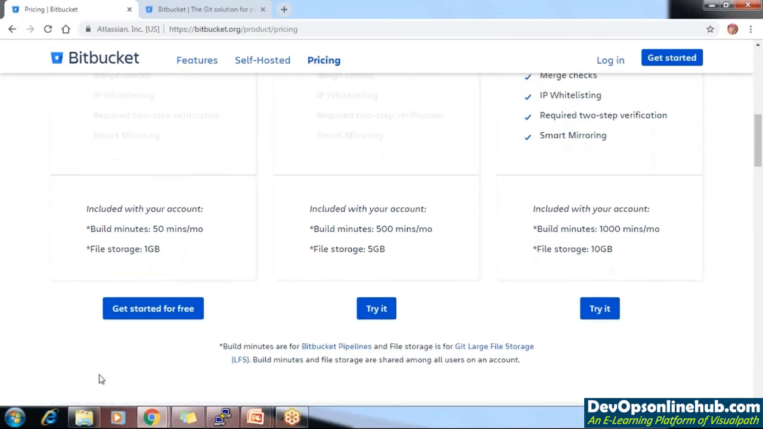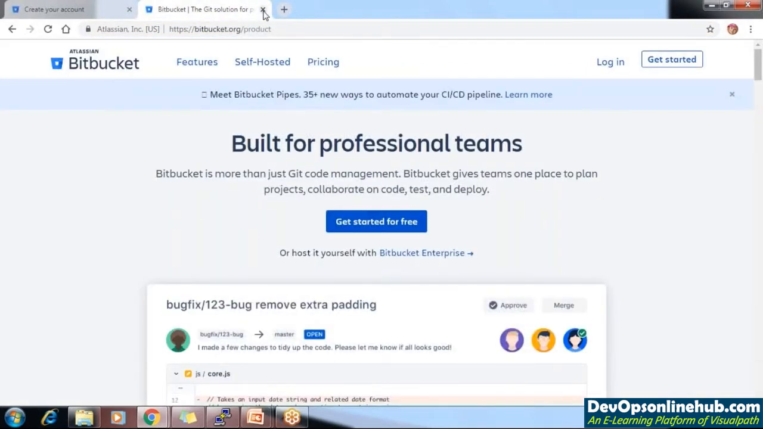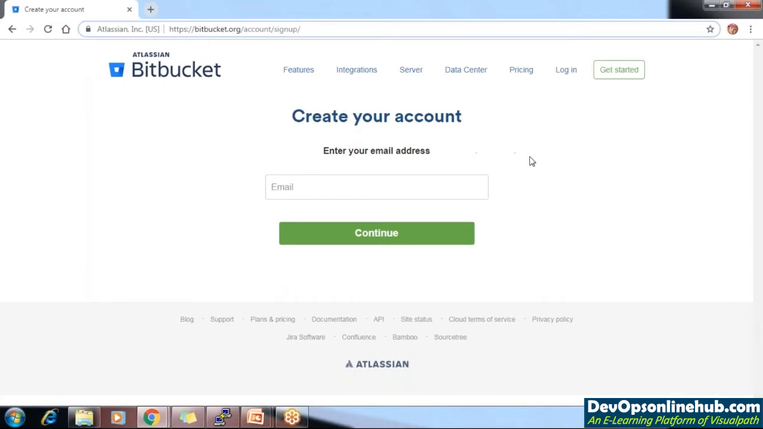So I will just give you a quick idea how to create the account and the repository. Okay, so to get started with the free plan, you can just refer to the bitbucket.org link. Yes, this is the link. You can just create your account and then your repositories. Okay, so just give your email ID,